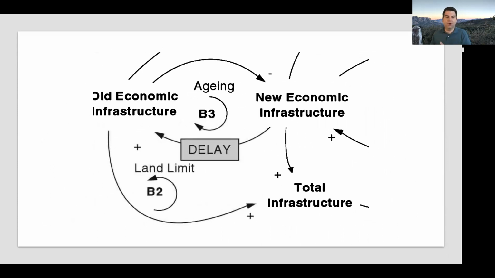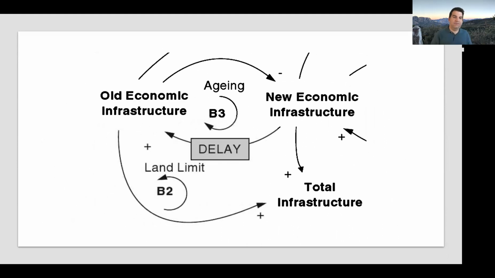And so if we zoom over, Forrester said, well, what are other ways that we could imagine limits? Well, we could say that there's going to be aging. So new economic infrastructure over time is going to be old economic infrastructure, and it won't necessarily be as much of a thriving driver of activity in the city. This is a little bit like